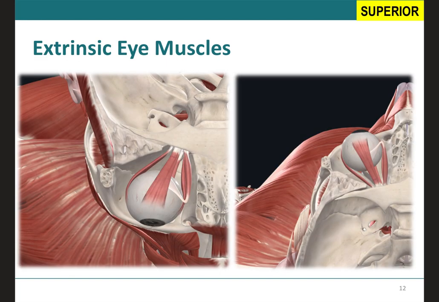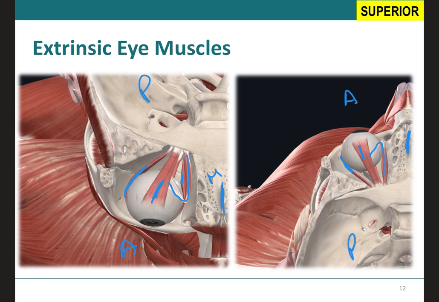These are just images of the extrinsic eye muscles in a superior view. This would be the medial side. Again, this is your medial side. This would be anterior. Here would be anterior. Therefore, here it's posterior. And here is posterior. You can see the superior rectus, the lateral rectus, and going towards the medial part would be your superior oblique. Same thing on the left image. Superior rectus, because this is medial, then this is your lateral rectus. Down over here would be your medial rectus,